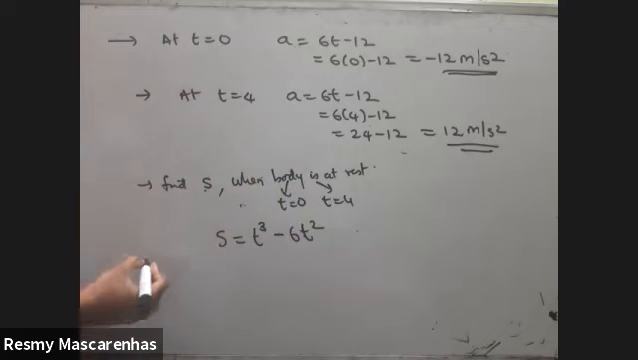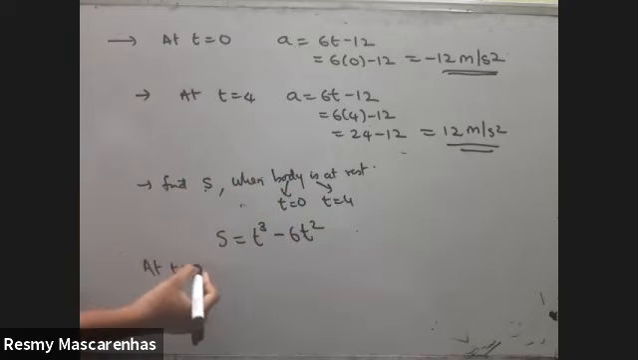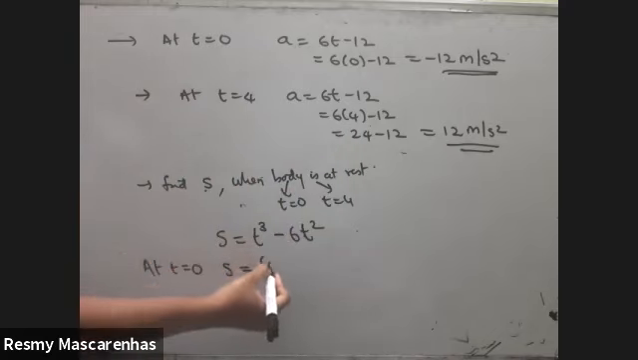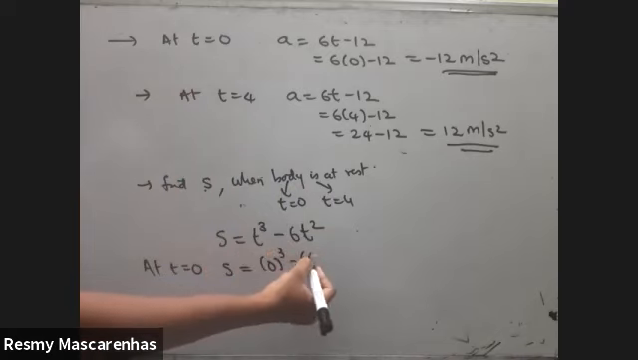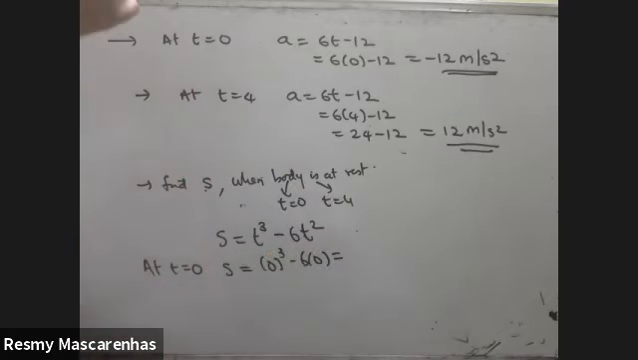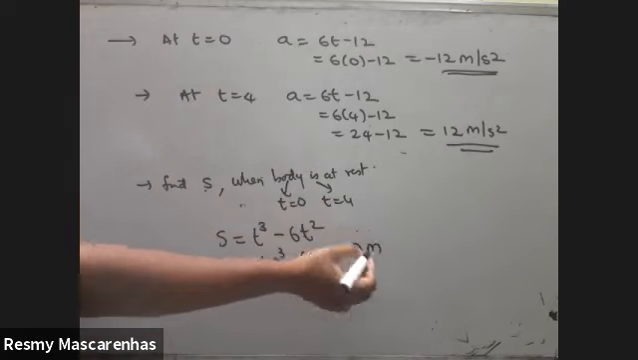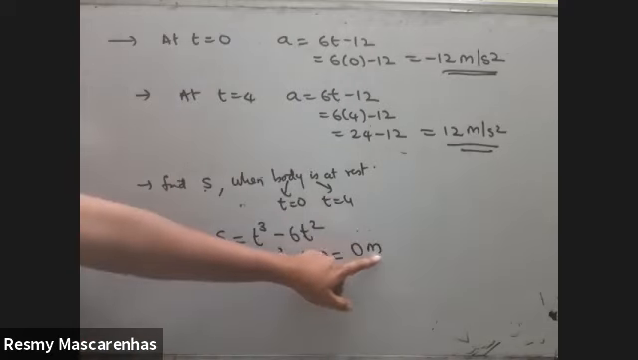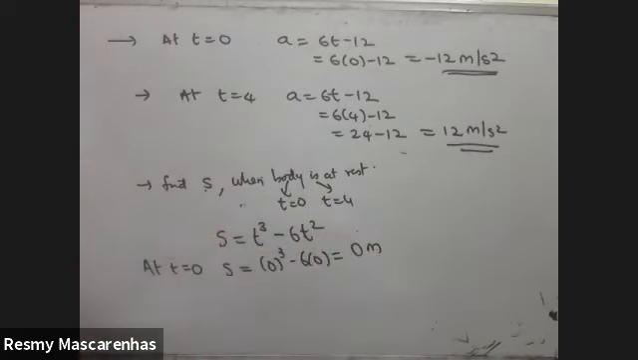Now at t equals 0, wherever there is t, put 0. This is 0 meters. Displacement will always be in pure meters, no square, nothing. And at t equals 4,